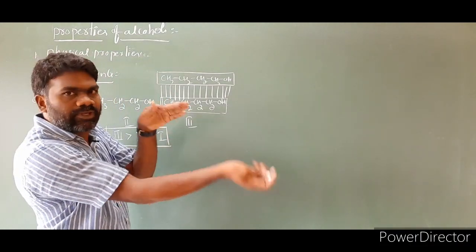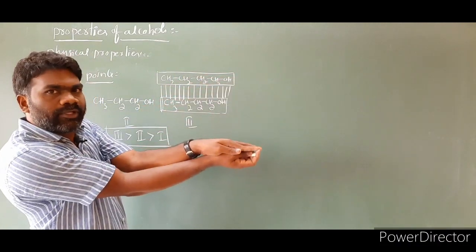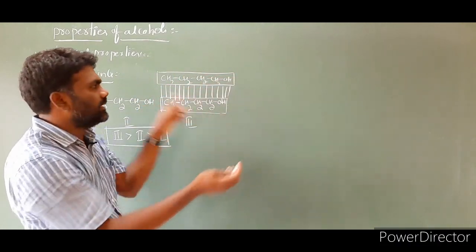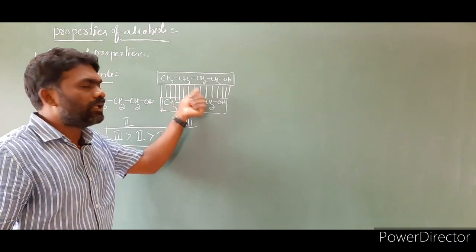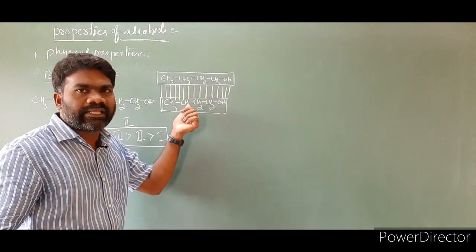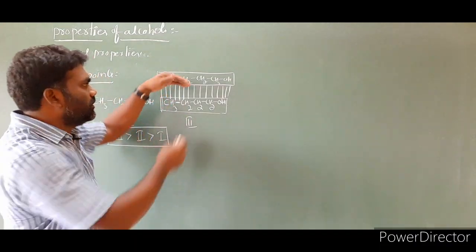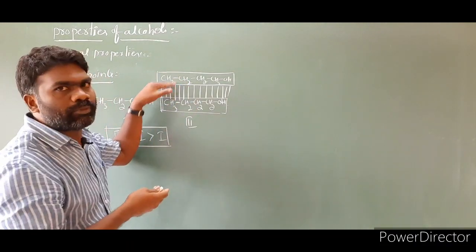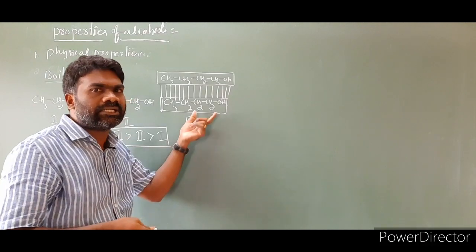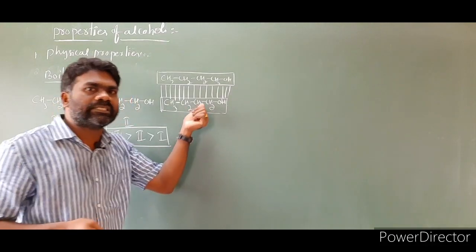This is one molecule, this is another molecule. Between the two molecules the area of contact increases. As a result, the van der Waals force increases, and the boiling point increases. To break this force of attraction between these two molecules requires high temperature. As a result, the boiling point is very high for this molecule.